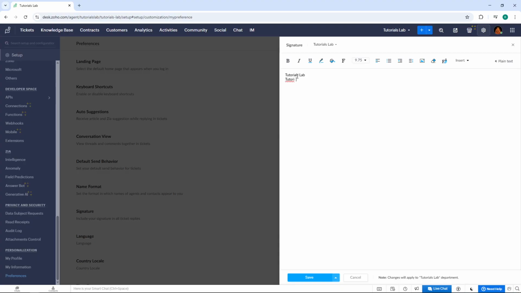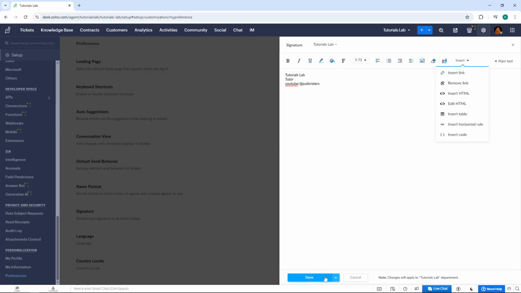of your emails. If you already have a signature prepared, you can click on Insert to add it using various methods. Zoho Desk supports adding signatures through links, HTML codes, or even JavaScript codes, giving you flexibility in how your signature appears and functions. Once you've entered or inserted your signature and you're satisfied with how it looks, click Save